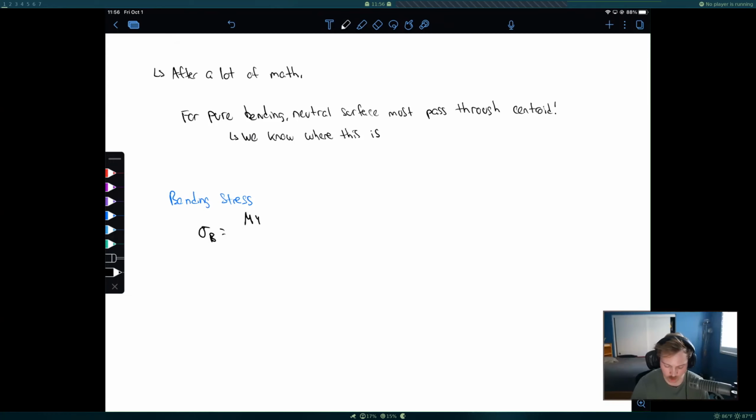That'll be our moment that we have at whatever location we're looking at, multiplied by y, which is going to be the distance from the neutral surface, and then divided by I, the moment of inertia. So again, M is the moment, y is the distance from the neutral surface,